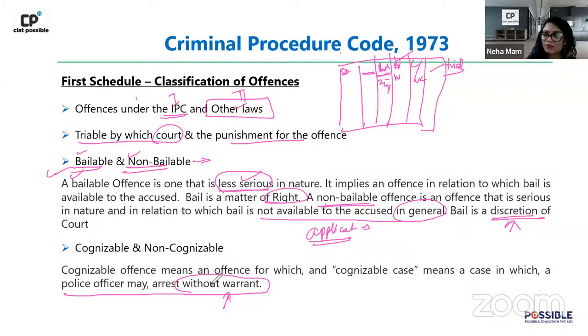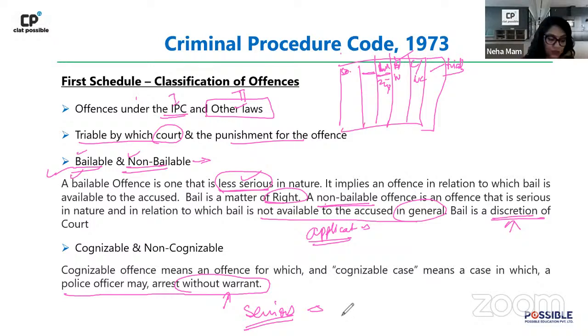I know this always confuses everybody. बच्चा, अगर आपको अरेस्ट कर रहे हैं विदाउट वारंट, तो कोई छोटी सी अगर आपने गलती करी है, तो वहां पे क्या पुलिस के पास राइट होना चाहिए आपको अरेस्ट करने का? नो. आपको अरेस्ट करने का राइट पुलिस के पास कहाँ होना चाहिए? जहां ऑफेंस बहुत सीरियस है, right? If it's a serious sort of an offense, then the police will have the right to arrest you. On the other hand, if it is not a very serious offense, then the police will not have the right